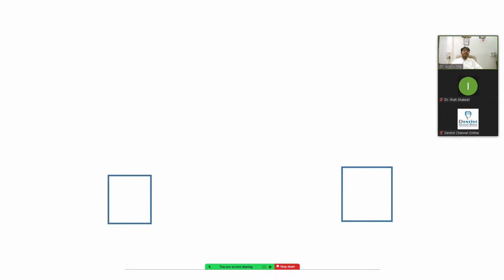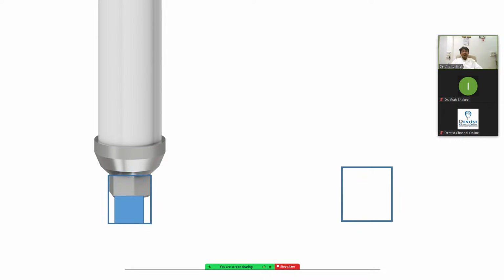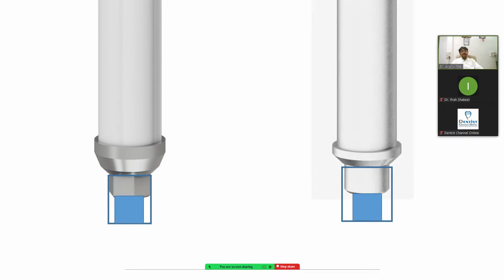Now for screw-retained, it means multiple implants, you have to go ahead with the non-hex. So what is the problem with the non-hex? You can see on the screen, the hex has, like this is the inner part of my implant and this is my abutment. There is a very minimum space between the inner surface of the implant and the hex abutment, but in non-hex there is a space between the inner surface of the implant and the non-hex abutment. So whenever the lateral force comes,